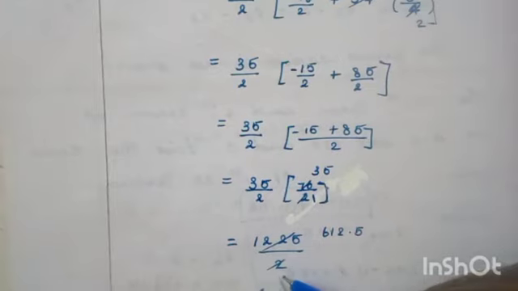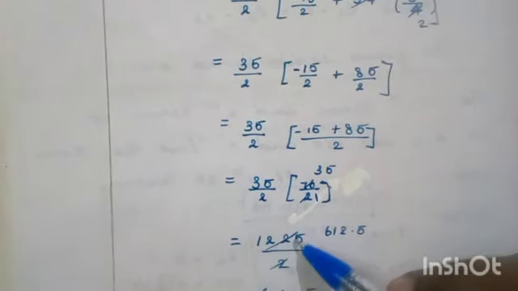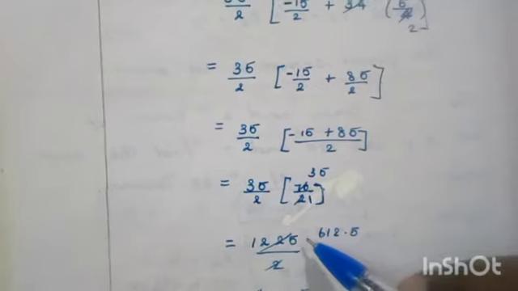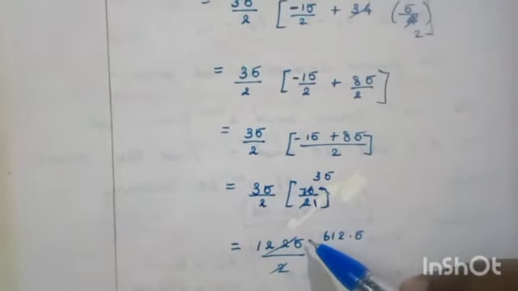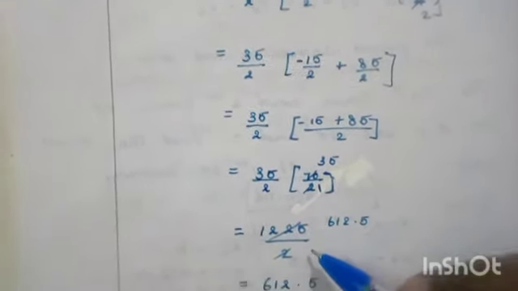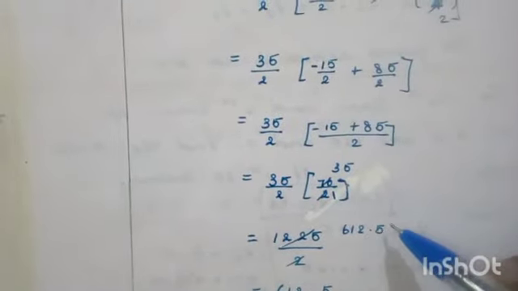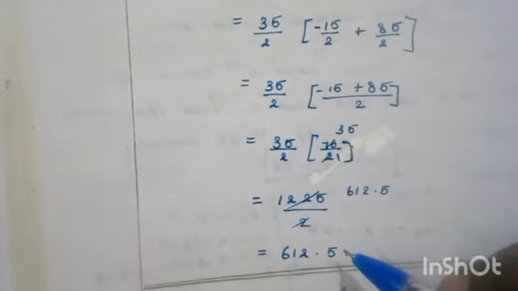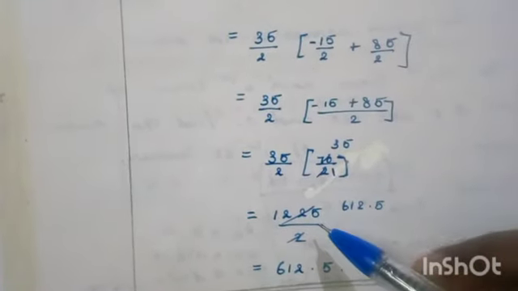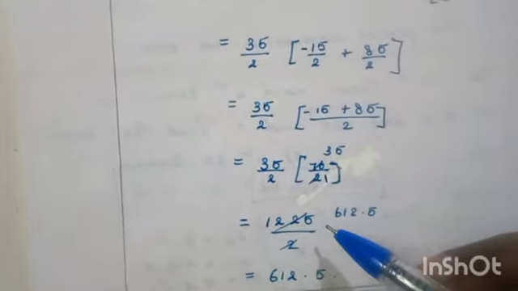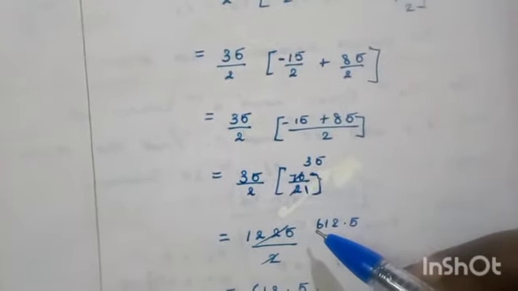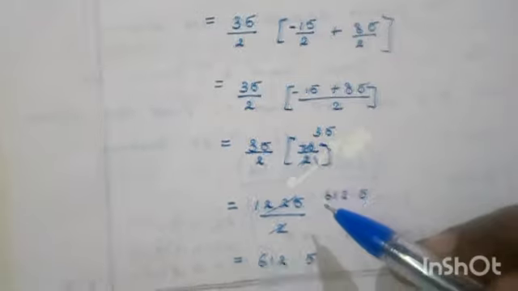So you have to cancel, that is 6 2s are 12, 1 2 is 2, 2 2s are 4, balance 1. After that no digits, so make decimal, then write 0, so 5 2s are 10. So that is 612.5. Suppose direct cancelling you do not feel comfortable, you have to use the normal division method, the normal lower class division method.